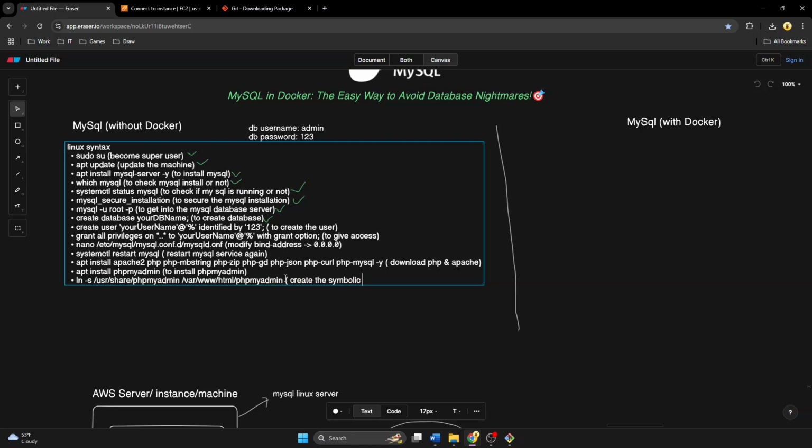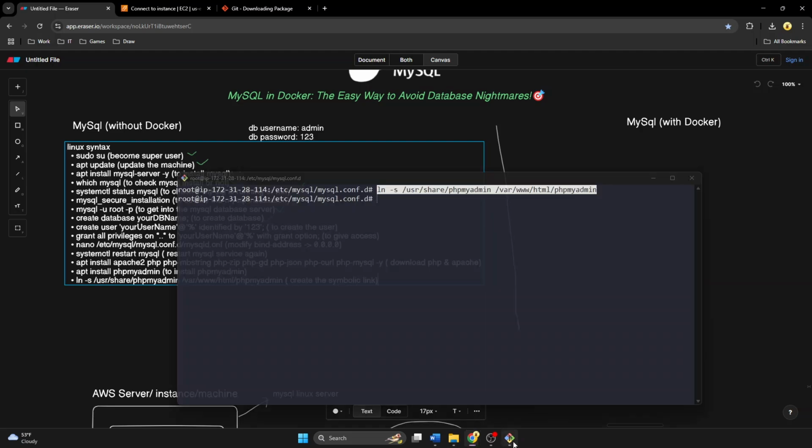Create this symbolic link. So the symbolic link has been created. Once we create the symbolic link, we need to restart the Apache server also, right? To restart the Apache server,